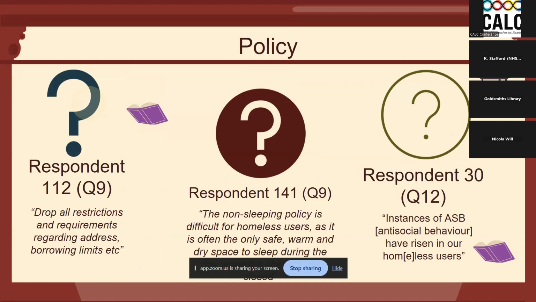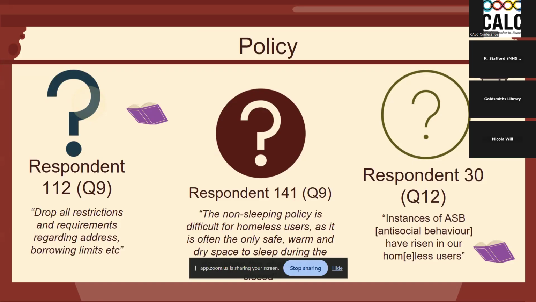policies and how they can be improved comes up a lot in studies on the topic. And a lot of the answers given to me by respondents can be grouped around that broad theme, especially because question 9 specifically asked about what changes to policy, if any, the respondents thought might make homeless library users make better use of the service. It's a broad topic, so the answers relating to it are quite diverse, but I think they can be divided